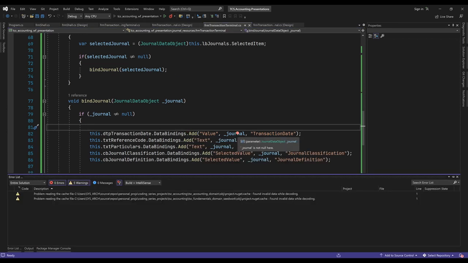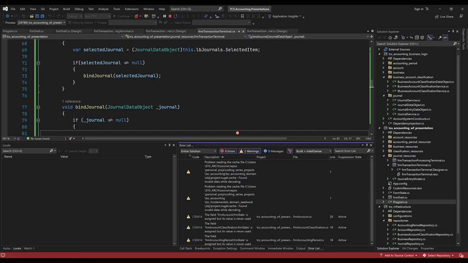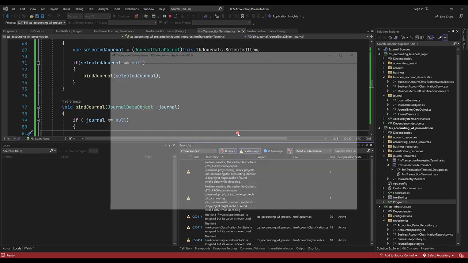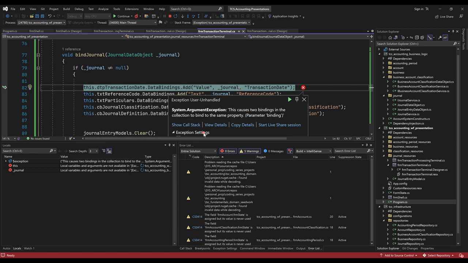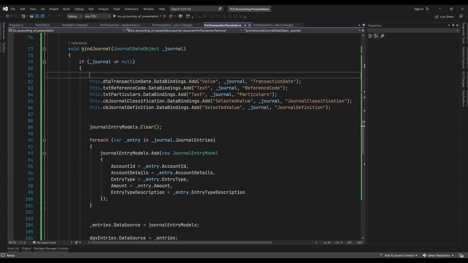let's be sure that we're on the same page. So when we launch this, we get this error. This is actually a traditional error, and for whatever reason, this causes two bindings in the collection to bind to the same property. So this always triggers an error, and the way around it in modern context is to clear any existing bindings. In case you come across this, all you need to do is come here and say this